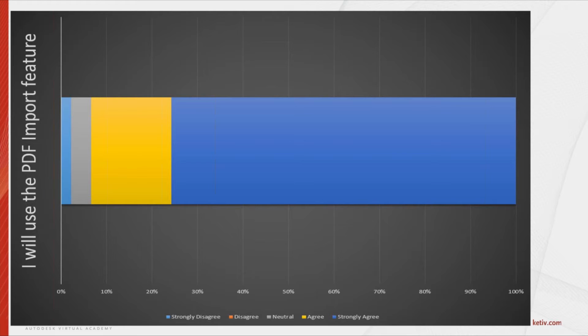They actually previewed this PDF import feature in 2015 at AU and asked people, "Are you going to use this feature if it comes out?" And as you can see, about 95% of people either agreed or strongly agreed in terms of using this PDF import feature. I'm sure that many people here on this call have had that same problem where